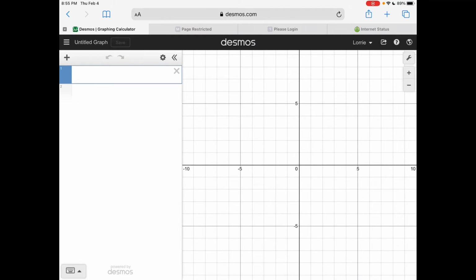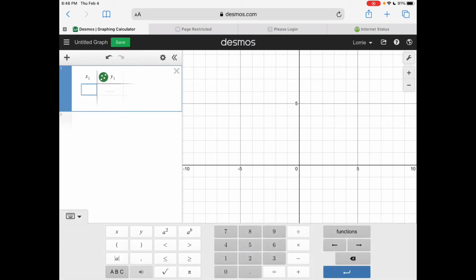The first thing that you're going to do is in the upper left, hit the plus key. And that's going to bring down the little drop-down menu and you select table. You're going to put in your data into the X1 and Y1 columns. Once you've entered all of your data, then you want to tell Desmos that you would like to see your